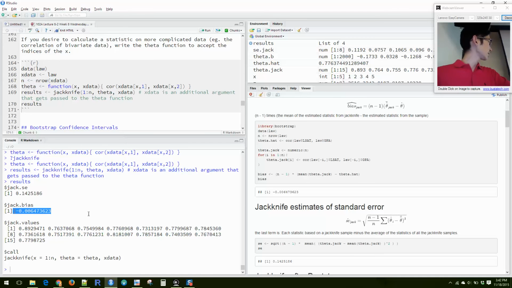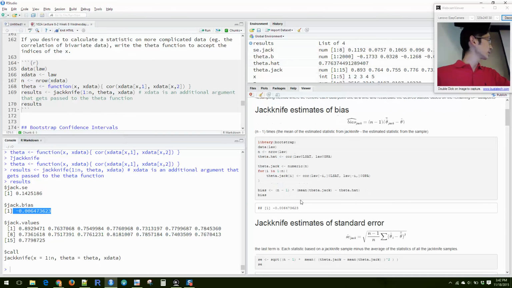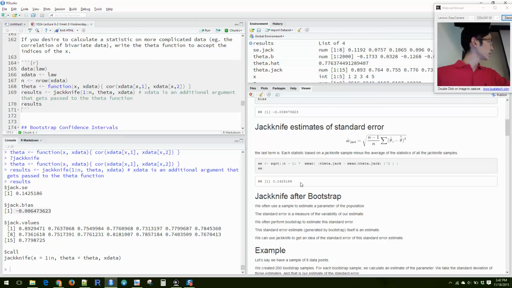The Jackknife estimate for bias, when we did it our manual way, is exactly the same, and the Jackknife estimate for standard error over here is also exactly the same, which is expected because